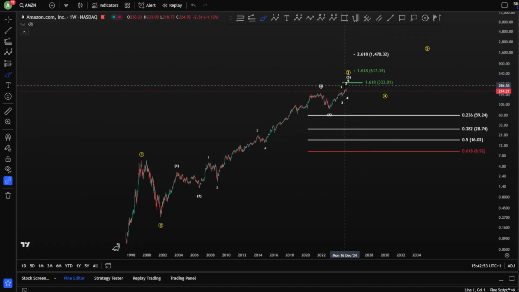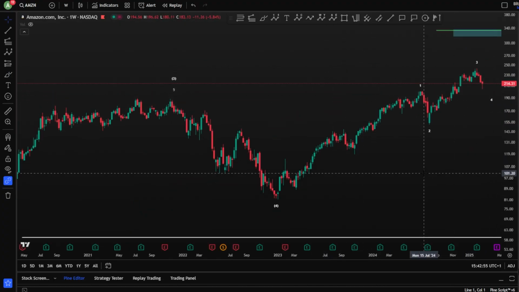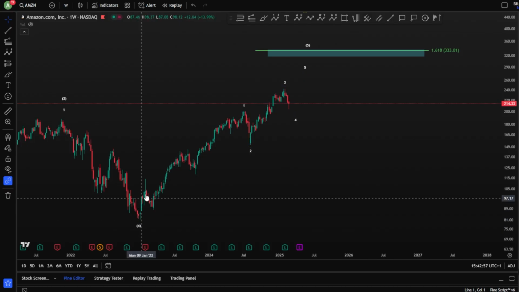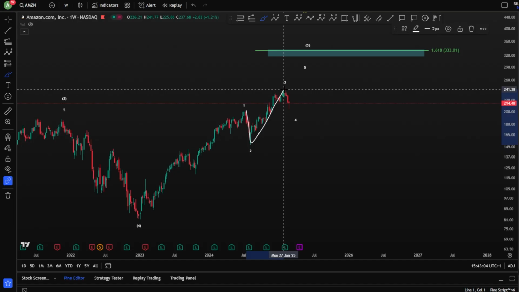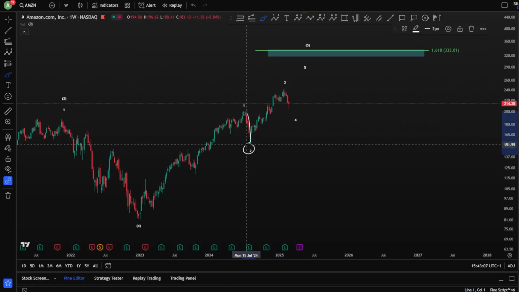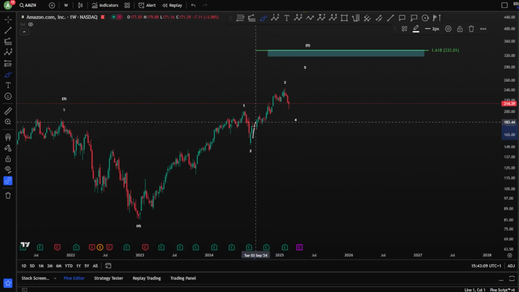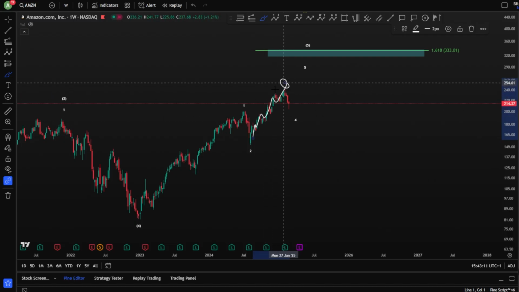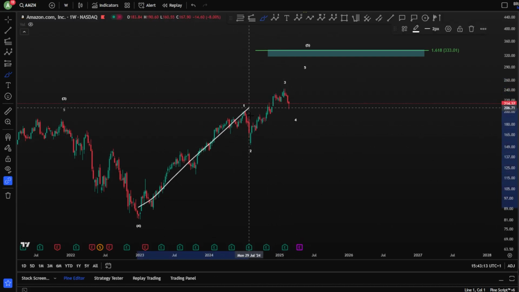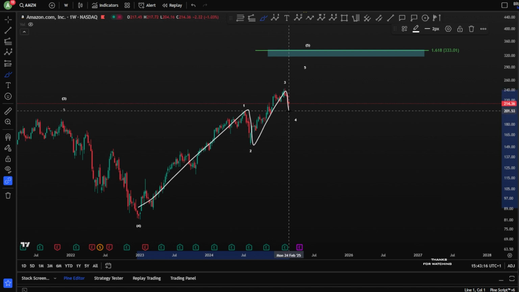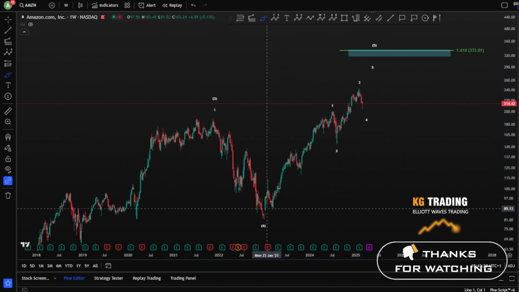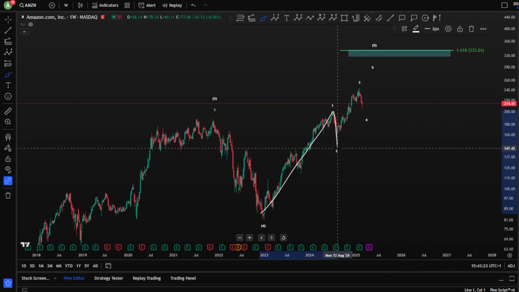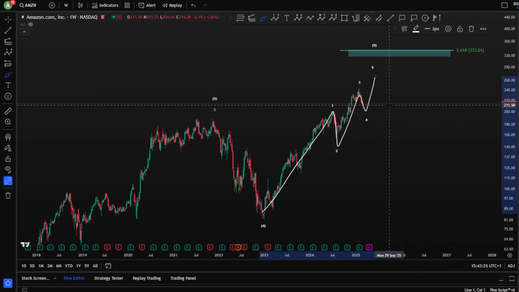So let's take a closer look at that wave 5 here. As you can see, we are looking at 1, 2, 3, 4, and a 5. And this is your wave 1, because we saw continuation toward the upside after a rejection for a wave 2 here, and then continuation impulsively for a wave 3, probably. Maybe your wave 3 is going to be short here. However, as an ending diagonal somehow for this wave 5, very extended wave 1, 2, 3, 4, and a 5,